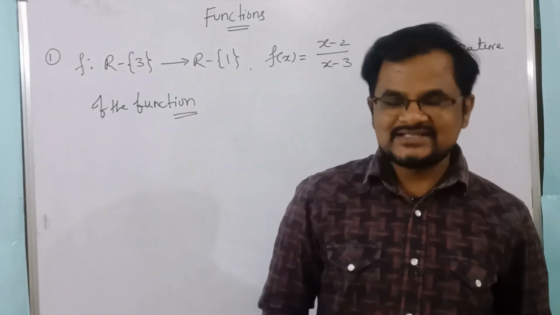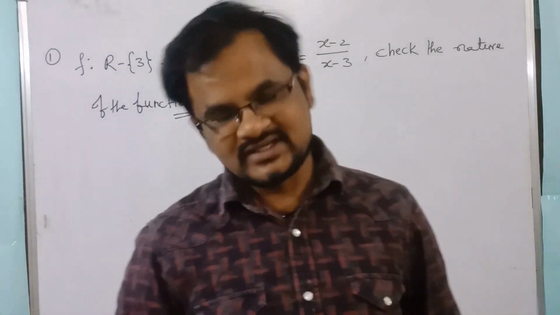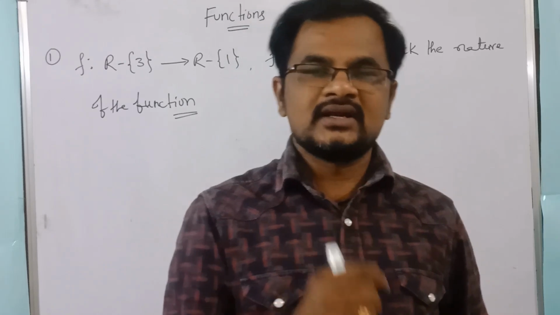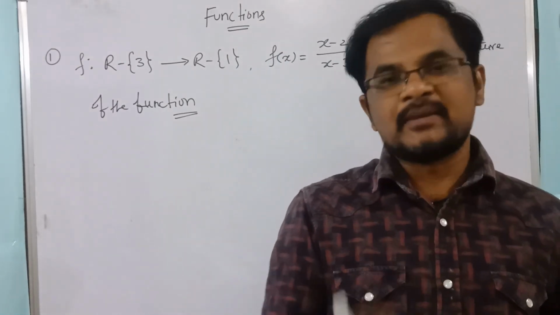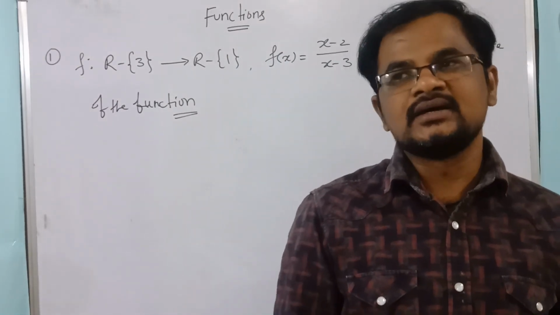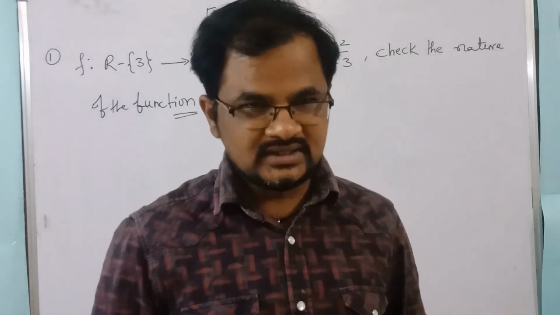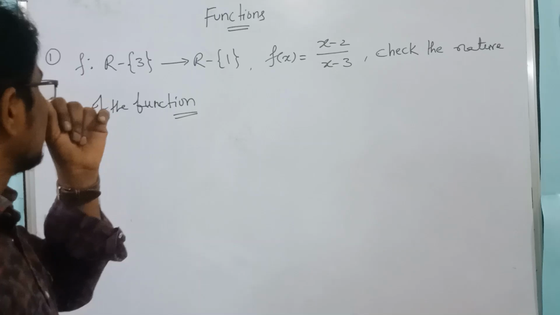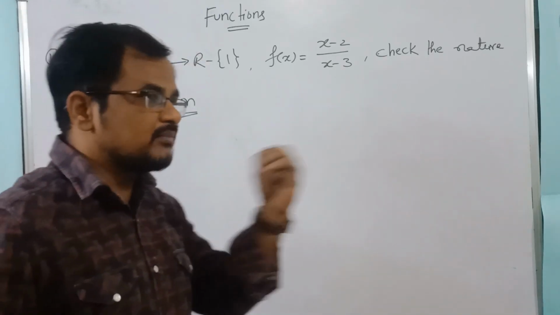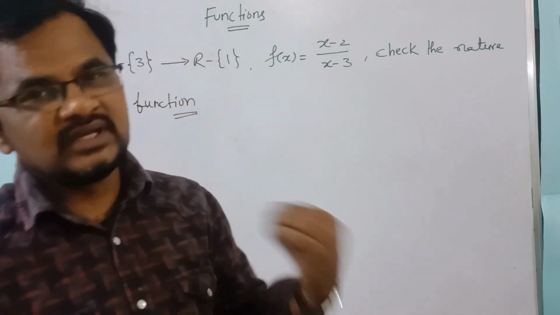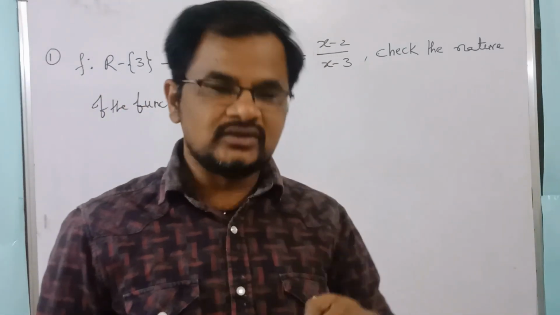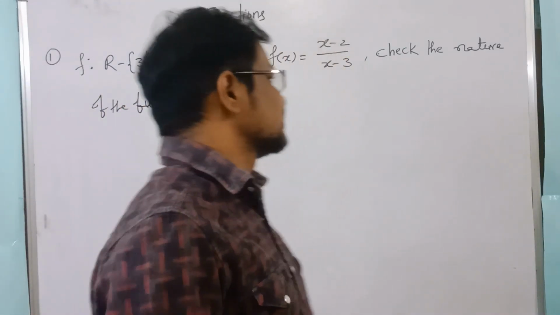In the last video, we started functions, right? We covered the definition of a function, graphical representation, and some mappings, one-one and many-to-one also. We completed that. Now, here see one problem. Today we will discuss some problems on one-one and many-to-one. After that, we will start the onto function, into function, and bijective function.